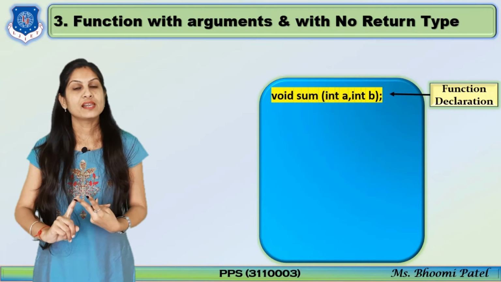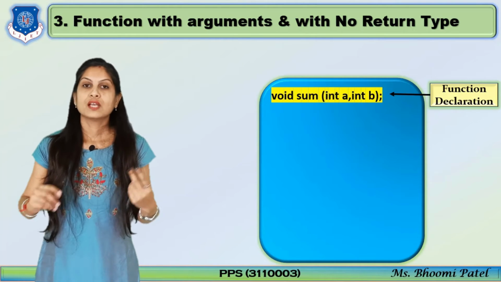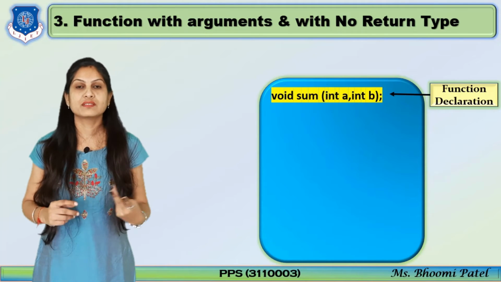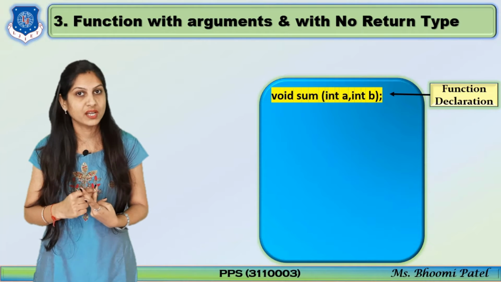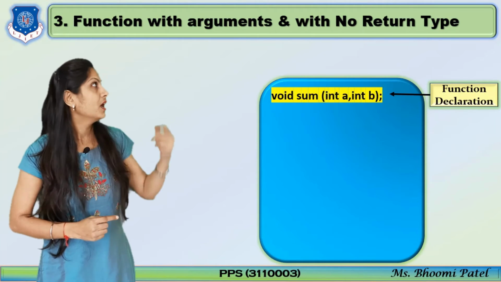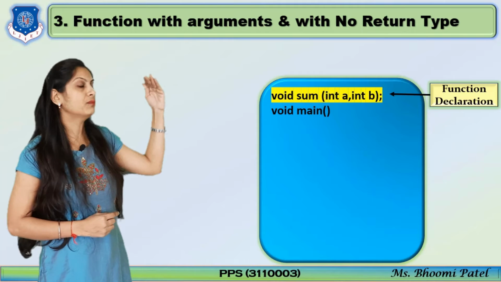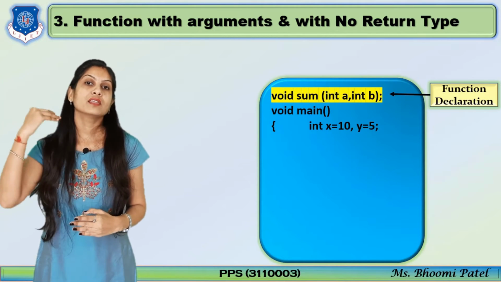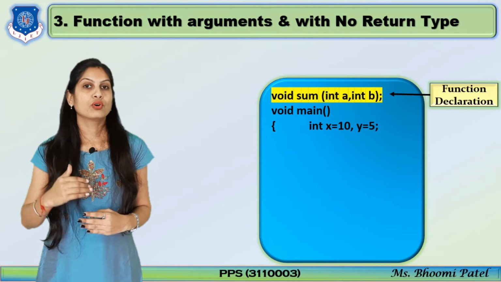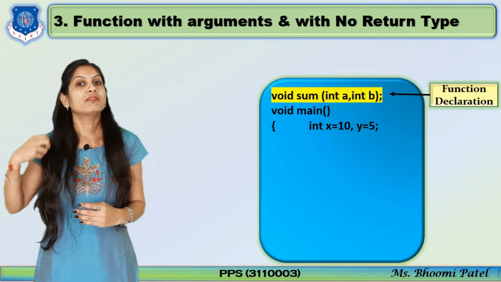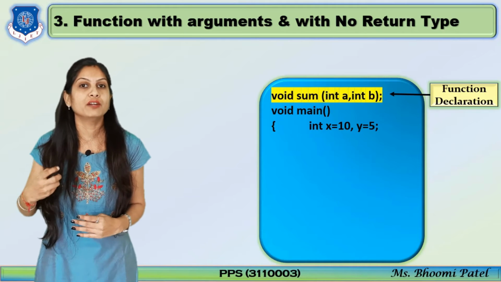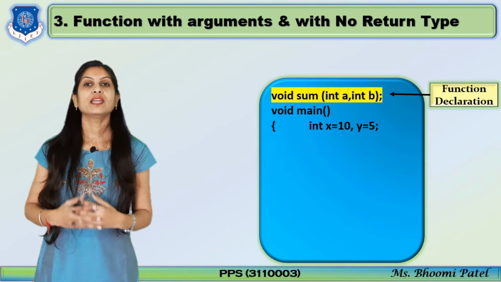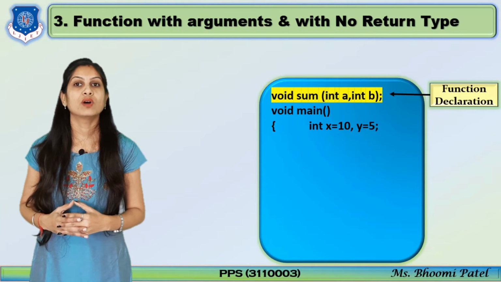Why is 2 here? Because we require two inputs. Suppose you want to input three values, find the sum of three numbers, then your arguments are 3. So that depends on your logic. Now after the function definition, jump onto the void main, and inside void main the input part is there. So the values which we are passing in our function definition, we have to read from the user in void main. Clear? So for that we are writing integer x equals 10 and y equals 5.